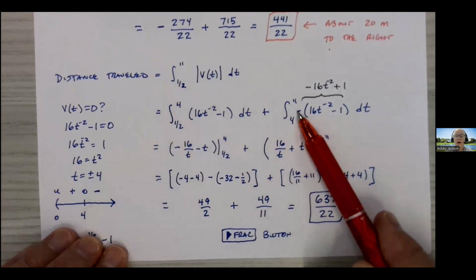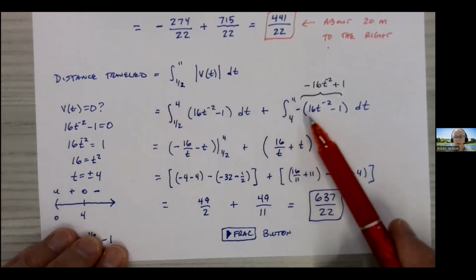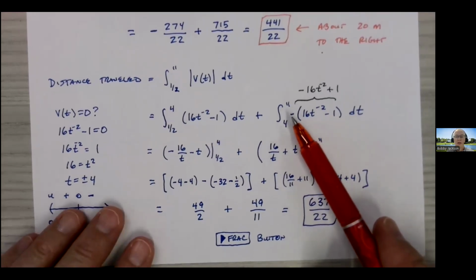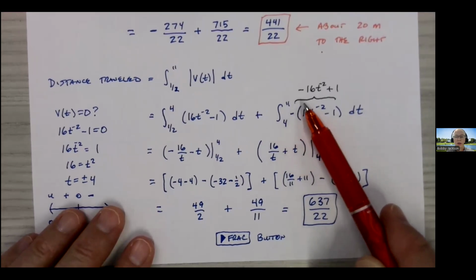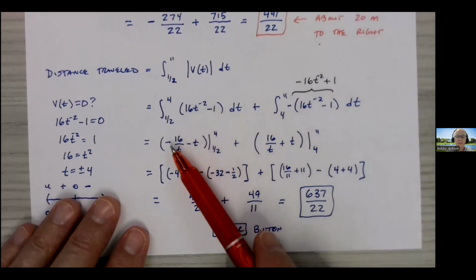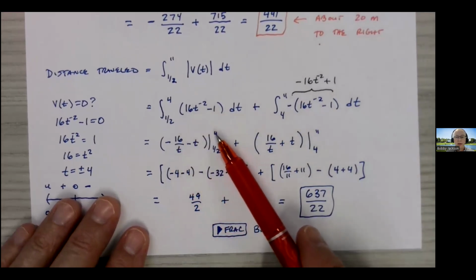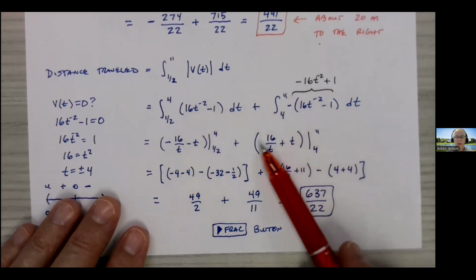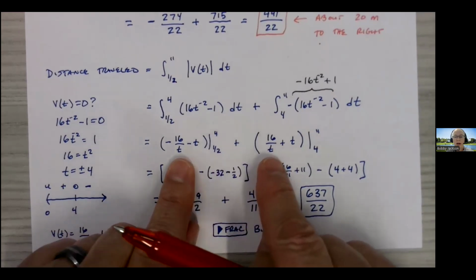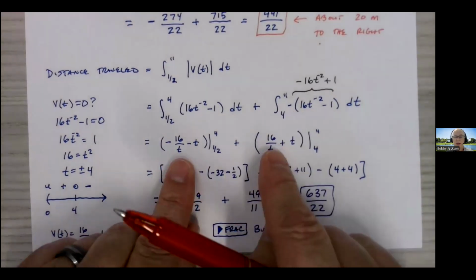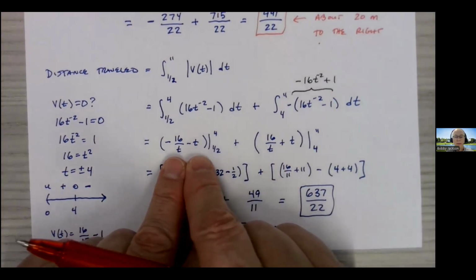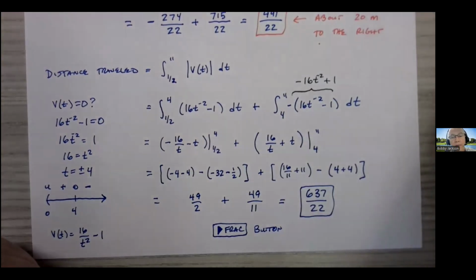So notice I need to multiply by a negative for that integral in order to get that to be positive. I want the actual distance traveled. So as we're moving to the left, I multiply it by a negative, which if I distribute that negative sign, gives me that. Now I just find the antiderivative and evaluate each one. I've got the antiderivative. And notice the antiderivative of 1, this one over here, is just going to be negative 1 times the antiderivative here, so it's a negative difference. And this is the same antiderivative here that we had above. And so now we can